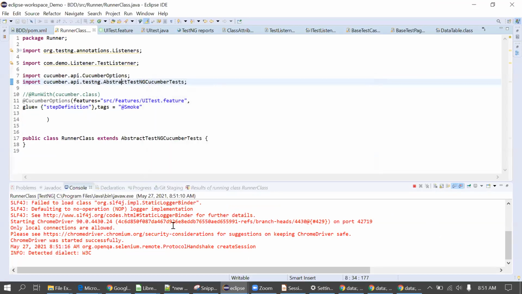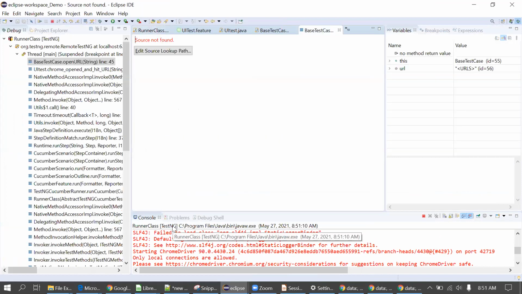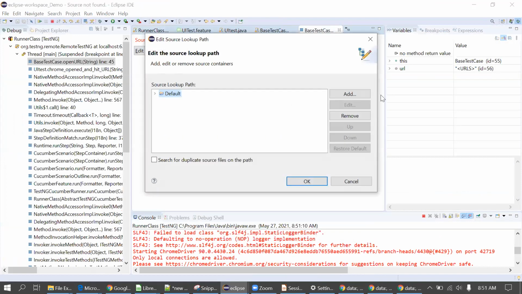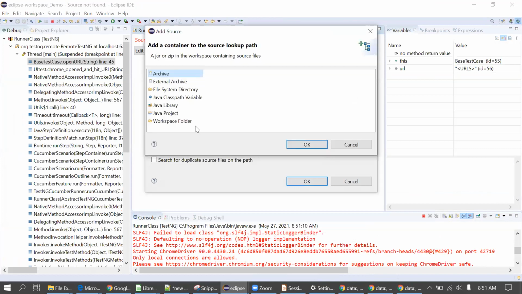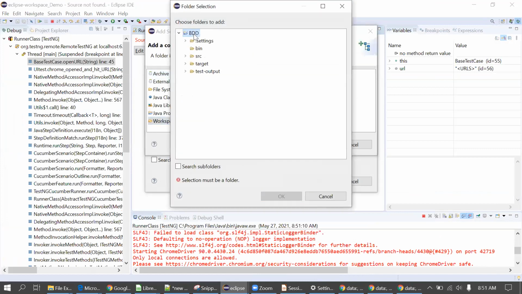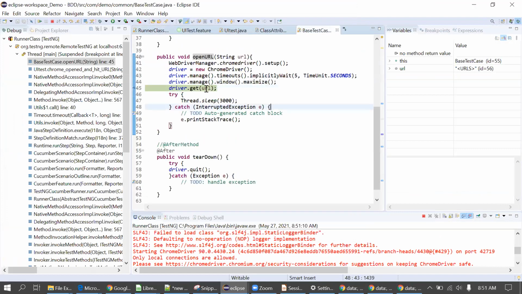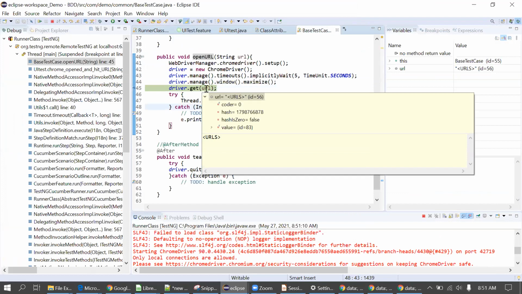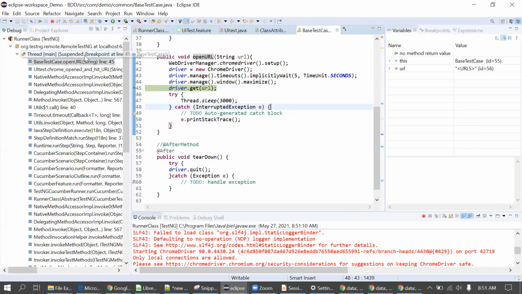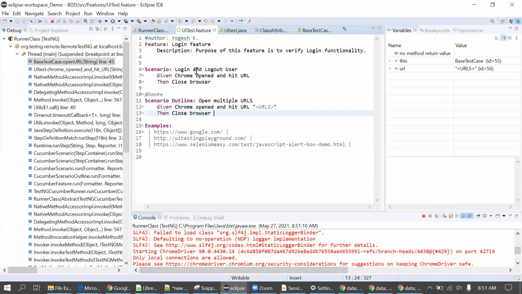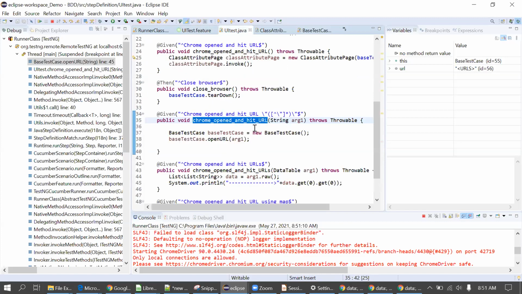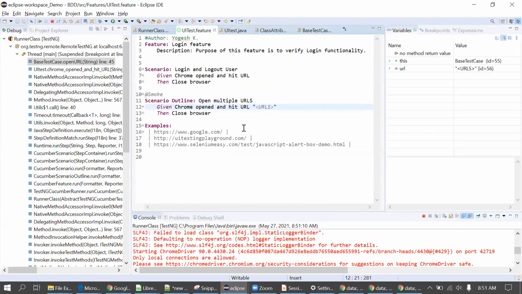Okay, now switch. Now this get URL, I'll just see. Okay, it is picking URLs here at first. Why so? Let me check. I should not pick URLs here, or I have to give them.